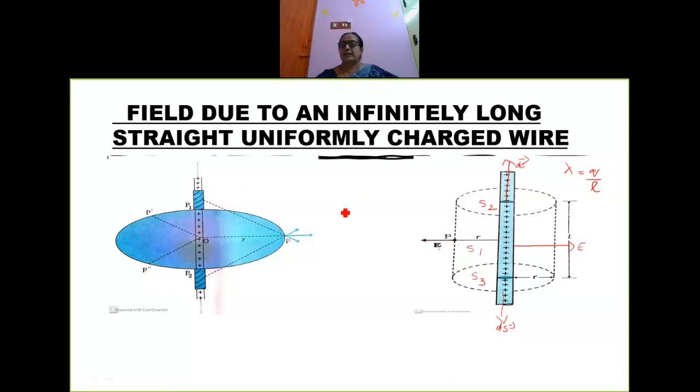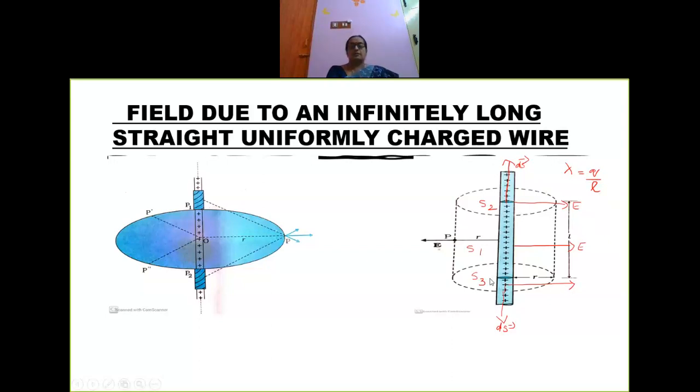Now according to electric flux, look at the direction of electric field vector. As far as here is concerned, here also it is the same, and here also it is the same, right? So what is the angle between electric field vector and ds vector? Theta will be 90, right? So if theta is going to be 90, the flux at these 2 points will be 0, because flux equal to E dot dA. When I substitute EA cos theta, cos 90 is going to be 0. So the flux at S2 and S3 will be 0.